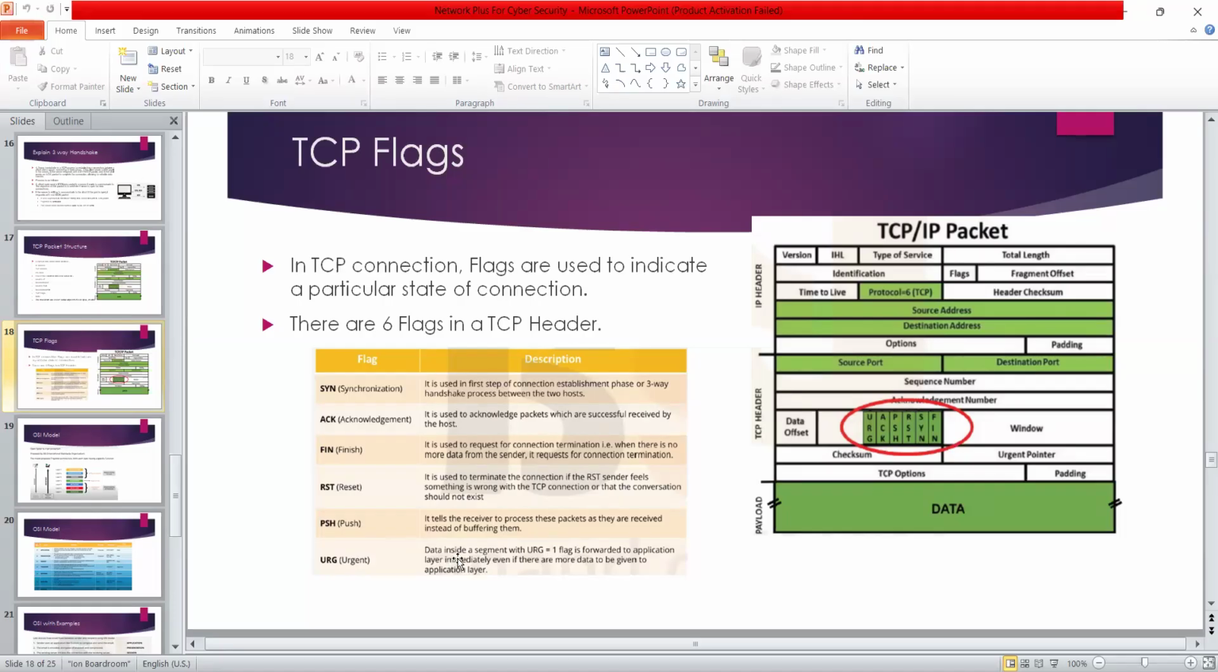And urgent is like data inside the segment with urgent one flag is forwarded to application layer immediately, even if there are more data to be given to the application layer. So TCP IP हमारा नेटवर्क लेयर में काम करता है। ओके,